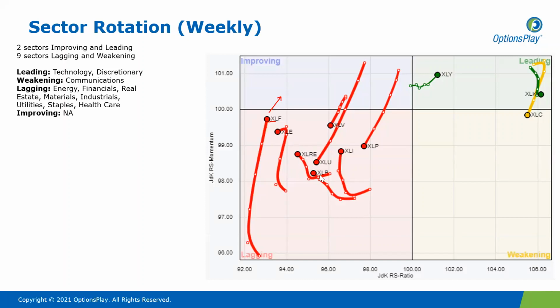Real estate, materials, I should say. Materials and industrials also showing some momentum, but not as much as financials. And energy was initially showing a lot of momentum, but is starting to lose out on that as well, moving a bit more to the left. Our defensive sectors, utilities, staples and healthcare, as discussed last week, we are seeing a lot of rotation out of these sectors.